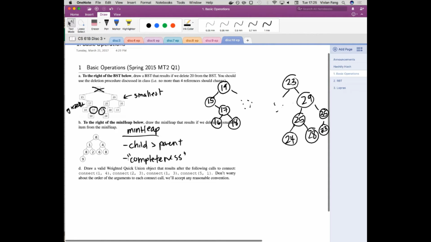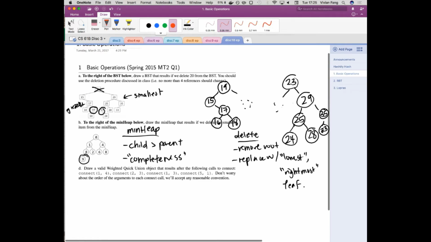Questions? So when we delete, Hug had a good slide where you assassinate the president and then you promote the most recently added thing, right? Or you promote the lowest hanging fruit. And then you slim it down based on what is the next best successor. So you remove the root and then you replace it with the lowest and rightmost leaf. In this case, our lowest and rightmost leaf, I'll draw it in red, is this 9 over here.